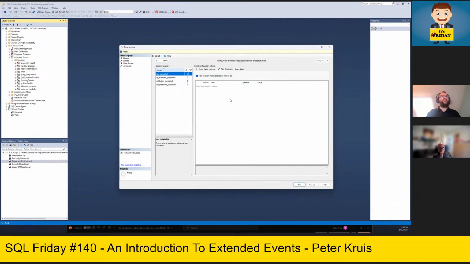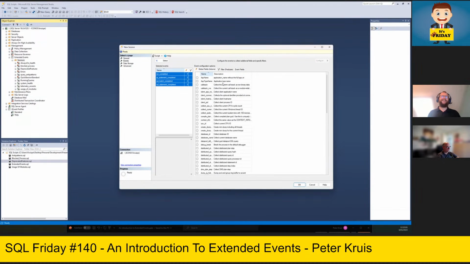Another option is just select them all and filter on them all. You do have fewer fields because it will only show you your common fields. So for example, the host name is known in every item. For now, I will leave my filter off. I forgot it once and I didn't get any result while displaying my running event session, so I'm not going to make that mistake again.